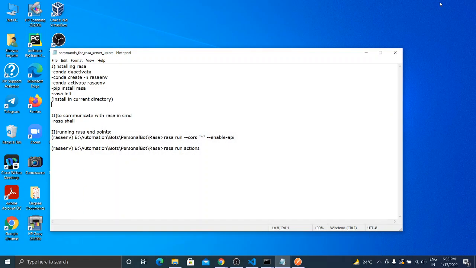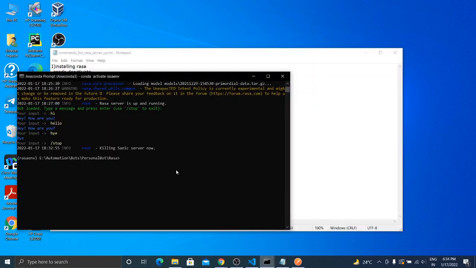Now we will be using these two commands for making our Rasa server available to our React framework. So copy the first command. We will be using CORS, which is cross origin resource sharing, where our Rasa server will accept the request from React, and React should also accept the response from Rasa, so that's why we will be using CORS.